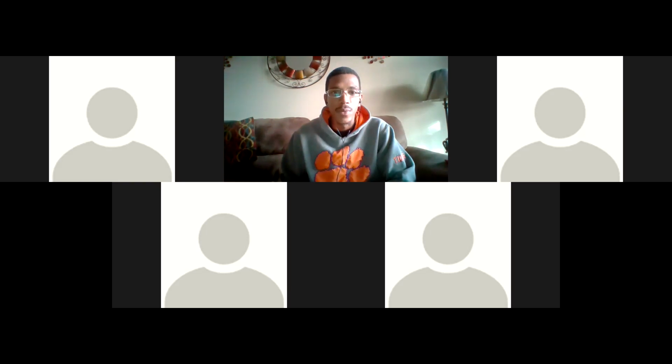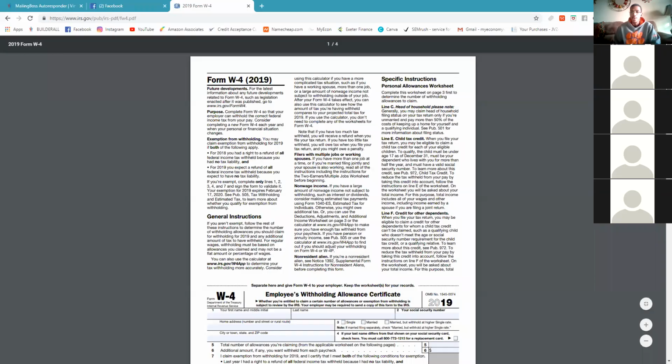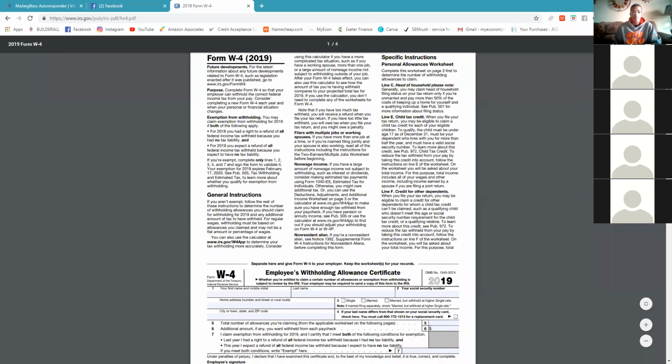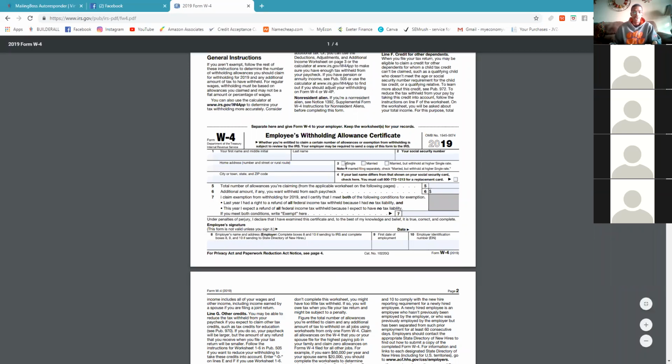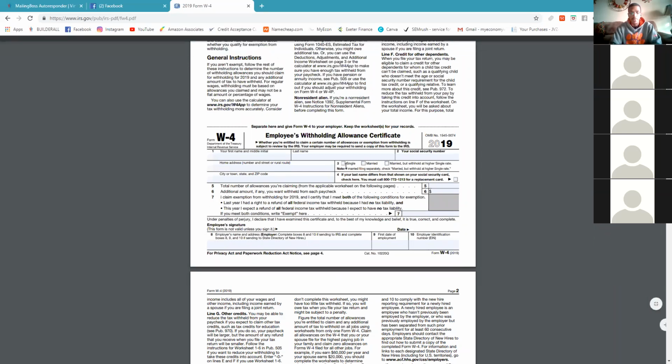All right. So here we have the W-4 form. And I'm sure everybody that has worked a job before has seen this form. This is your standard tax form that you would be filling out upon applying for your job. Now, you have a few questions. These are kind of personal questions. I'm not going to be answering them myself, but just to give you an overall general idea of what it looks like and how it goes,